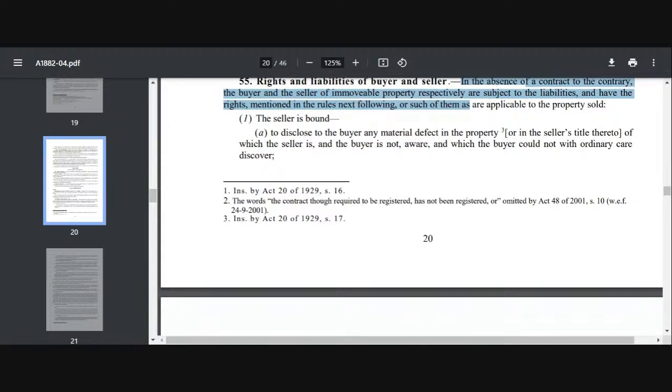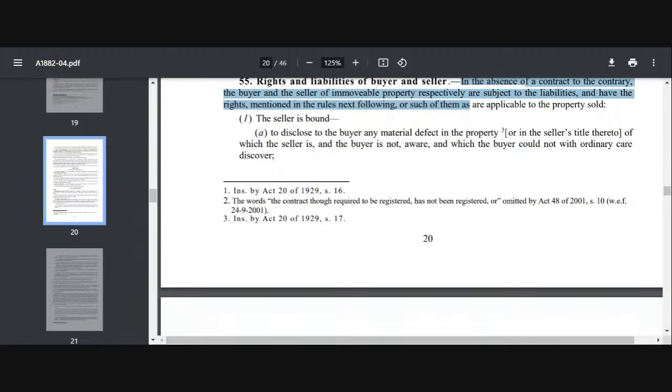And what are his rights, right? Before sale, if he has paid any amount, he has a charge on the property. And after sale you will see that he will become the owner of the property, so he will be entitled to all the benefits and everything which the seller has, right? So he will be one.